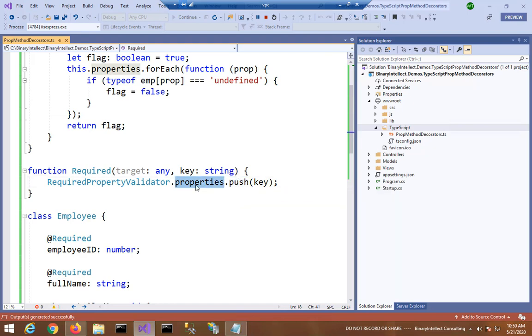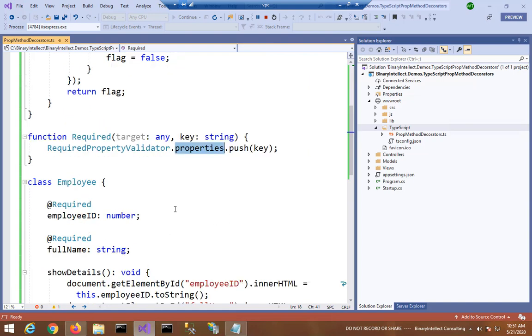Properties is a string array, so we are simply adding an element to that string array. Push the key. Key is the property name. So when you decorate employee ID with @required, you are essentially adding employee ID to that properties array. Similarly, when you add @required on top of full name, you are adding full name to the properties array. So now both of our properties are registered for required validation.